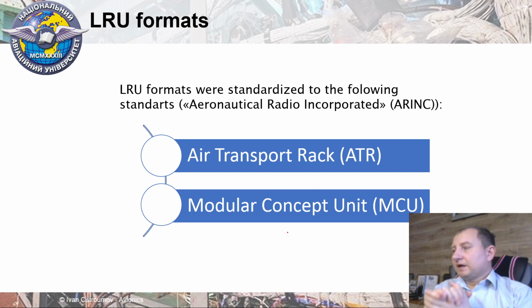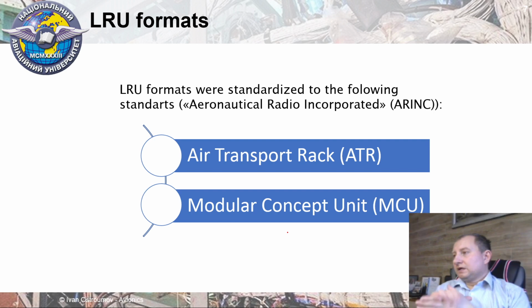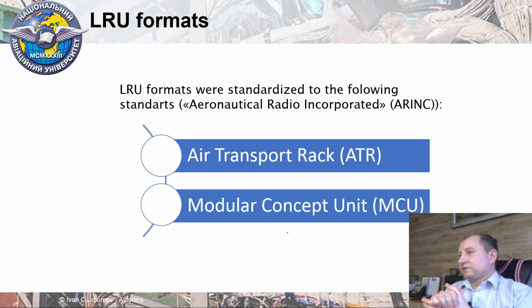Usually avionics bay requires different conditions than we have in the passenger cabin. That's why, if it is possible, avionics bay is developed separately from the other inside parts of the aircraft, other than the passenger cabin. And they use a specific air conditioning system that can take some air from outside of the aircraft, then move